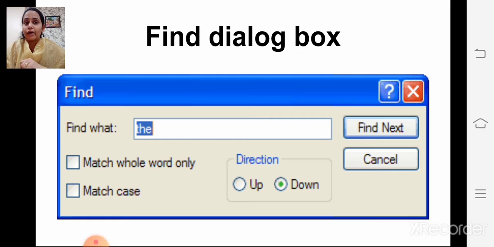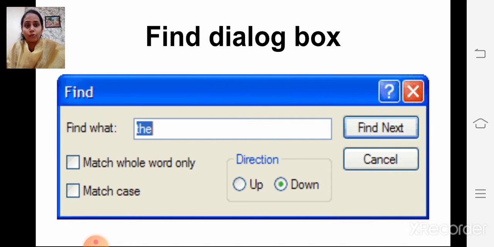In Find what, you can see one white rectangle. In that you type the word which you want to find, and click on Find Next. You can see there is the option Find Next. I will show you how to do the find command.